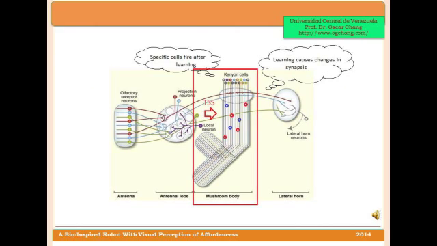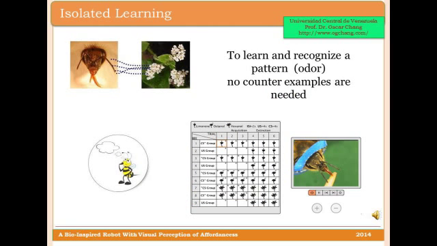In the MB, patterns are memorized as variations in synaptic weights. It is also here where patterns are later on recognized as the activation of specific neurons. Both of these cognitive actions utilize TSS code as their main information source. It is experimentally demonstrated that the MB can memorize and recognize an odor pattern in an isolated way, that is, without ever being presented with any other odor's counterexamples. The only requirement is for valid TSS code to be available.